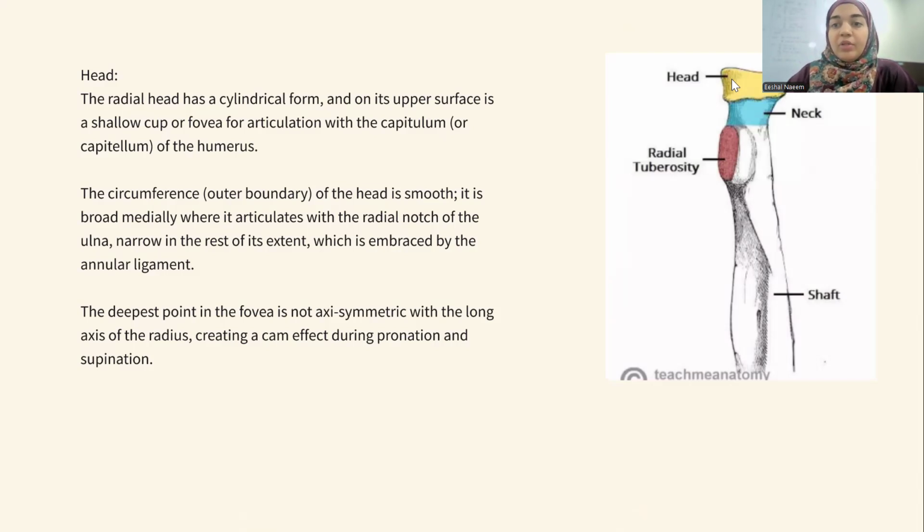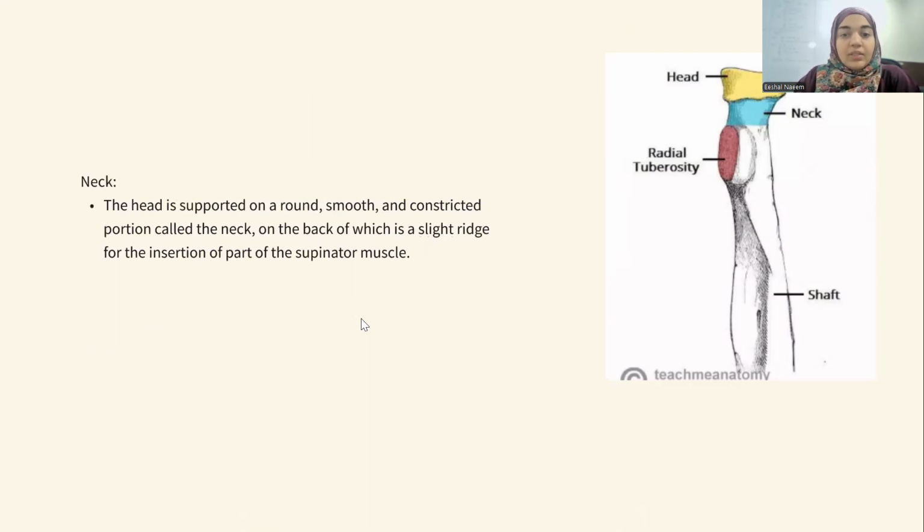There's an annular ligament which sits on top of this head, and I'm going to show it to you in the next slides. The deepest point in the fovea is not axisymmetric with the long axis of the radius. As you can see, the deepest part is not really right in the middle of the radius, creating a cam effect during pronation and supination. Moving on, the head is supported on a round, smooth